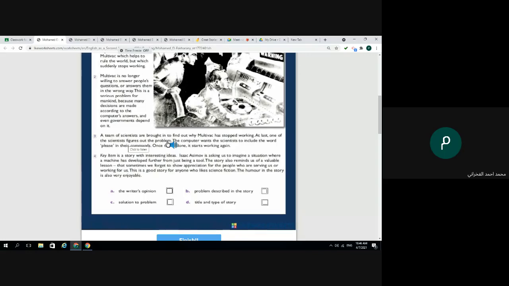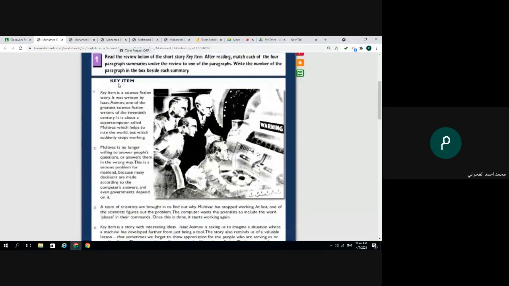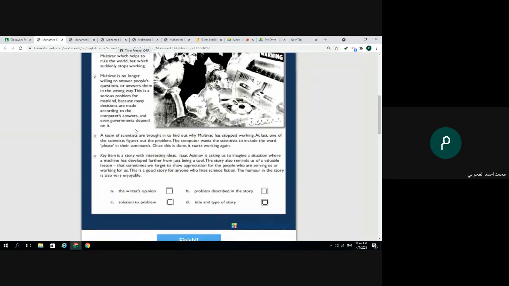This is the solution to the problem. Letter D, title and the type of the story. Which one? 1. Okay. What kind of story is this? Science fiction. Yes, excellent. This is about a science fiction.